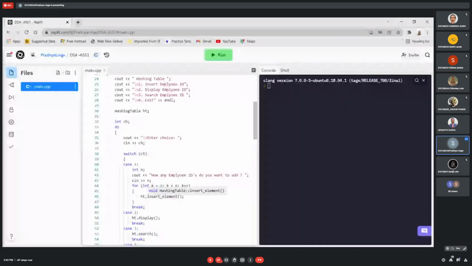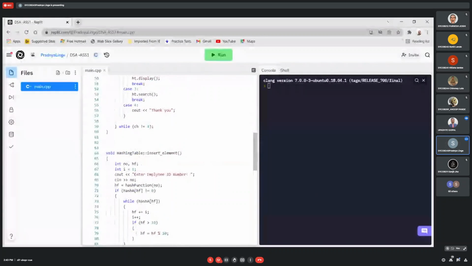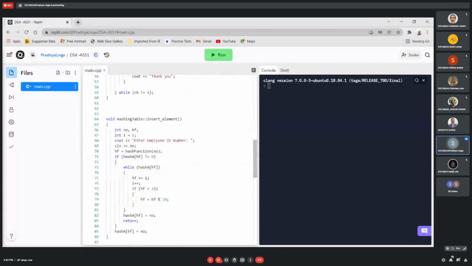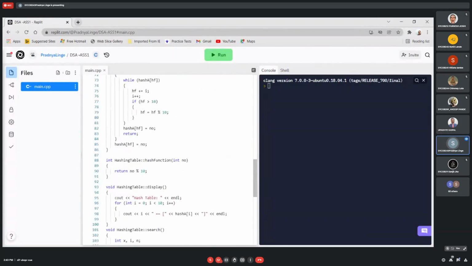Then when you insert, the first time the insert function is called, it will ask you to enter the employee's ID. Then the entered number will be passed through the hash function, which will return me the index. This is the divide hash function.